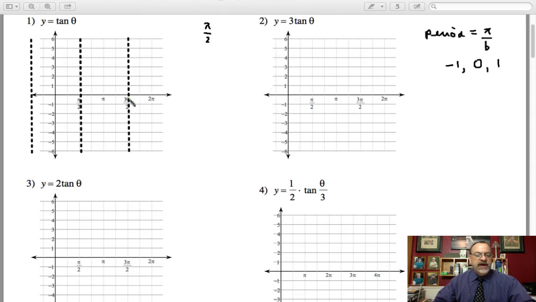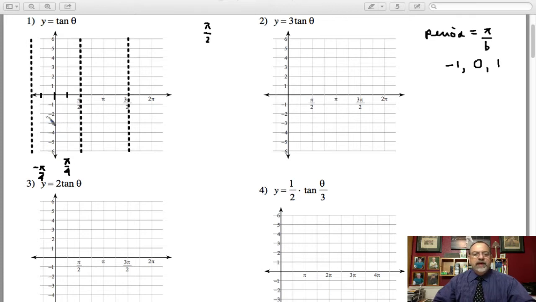Now, once we've done that, we want to divide this period into 4 equal sections. So let's do the one around the y-axis first. This is nicely done because the y-axis is half of the period, so I simply have to divide each side in half, and I have my points. If I want to label this, this is half of pi over 2, so this would be pi over 4, and this would be negative pi over 4, where these 45-degree angles are. Pi over 4 makes sense to me because that's the radian measure for a